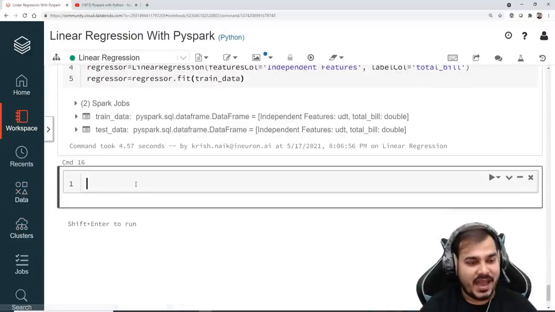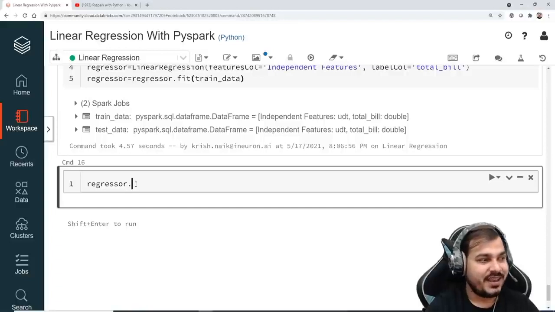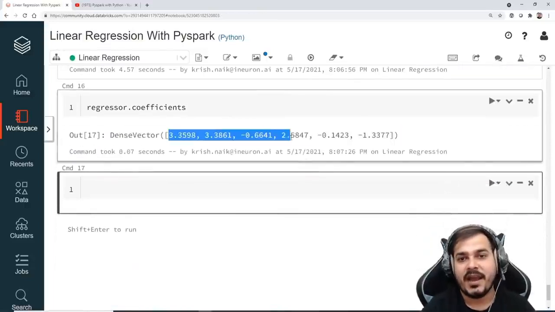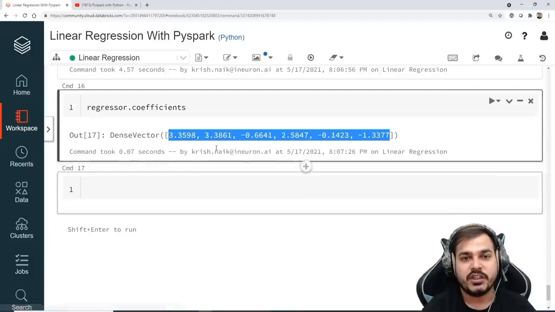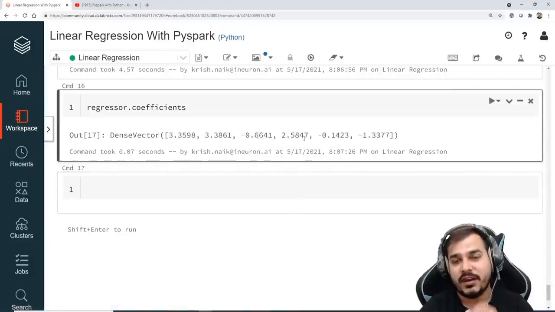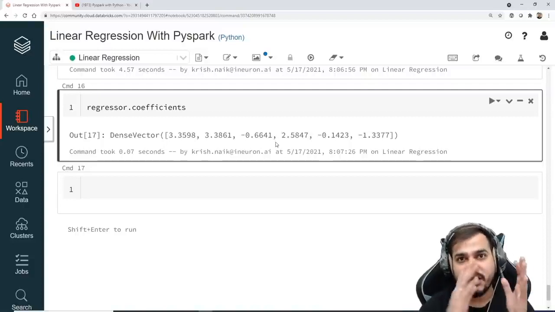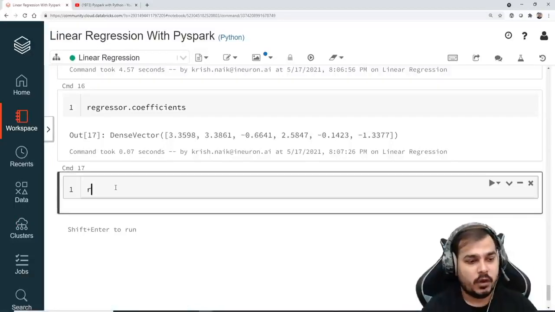Now I have my regressor. So I'm just going to say regressor dot coefficient. Since this is a multiple linear regression, I'm going to use regressor dot coefficient, and these are all my parameters or different coefficients, because I have around 6 parameters. So these are all the 6 different coefficients. Always remember, in a linear regression, you will have coefficients based on the number of features, and you will also have